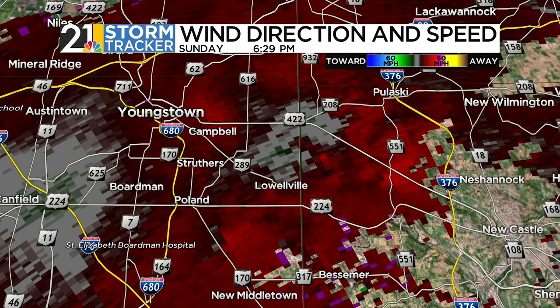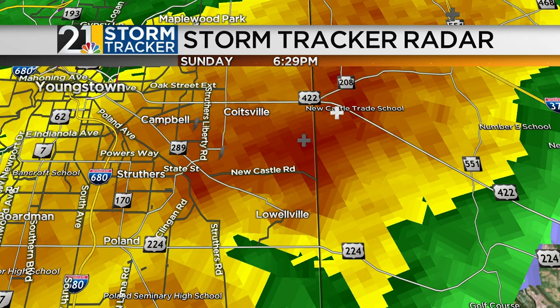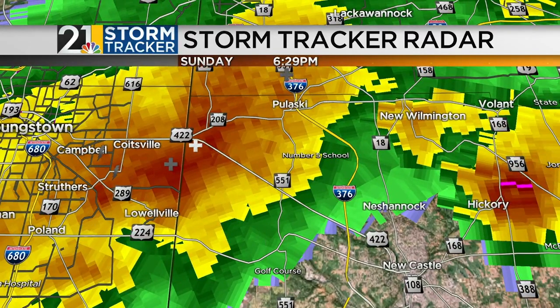Okay, the National Weather Service has canceled the tornado warning for Mahoning County that had been in effect until 6:45. So, if we go back to conventional radar here, we still want to remind folks in the Lowellville and Campbell areas, you still want to be on your guard for any damaging winds that may be produced by this storm. Also, some torrential downpours that may produce some flash flooding. This is moving off to the north and east toward the Pulaski area, across 551 and 422. But so far, the National Weather